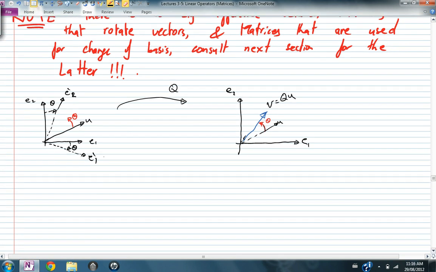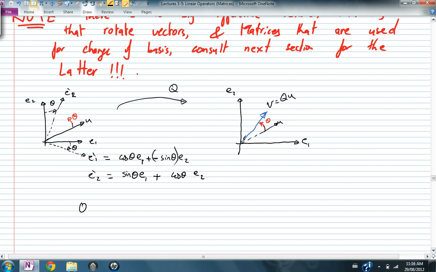Now E-1 is equal to cosine theta E1 plus sine theta E2. E-2 is equal to negative sine theta E1 plus cosine theta E2,